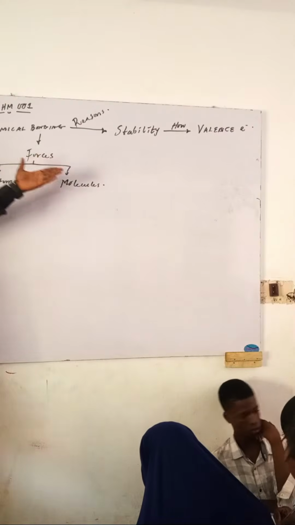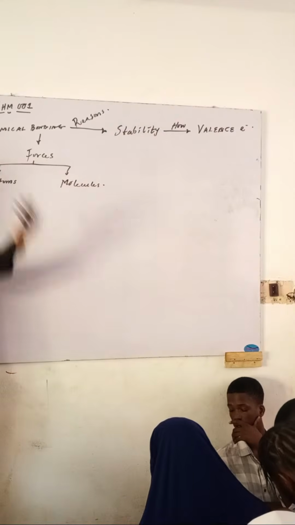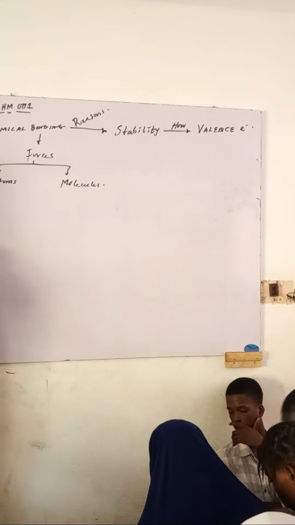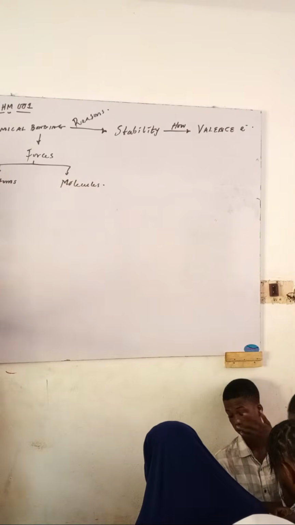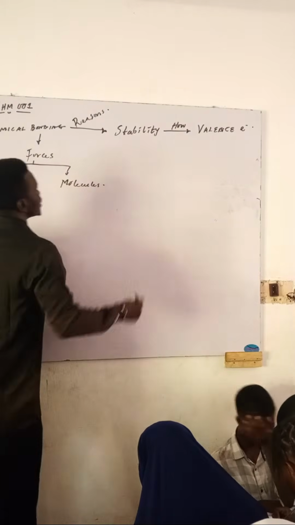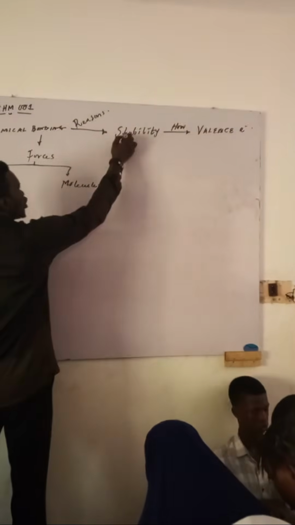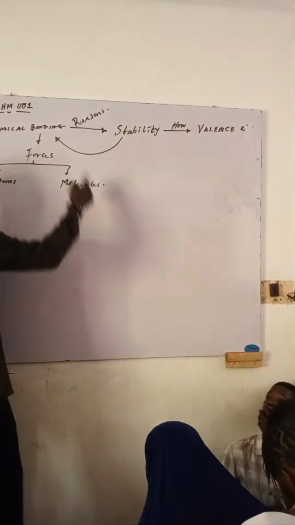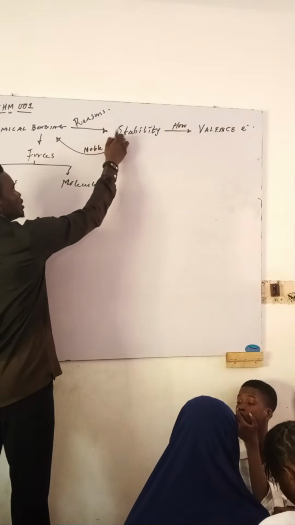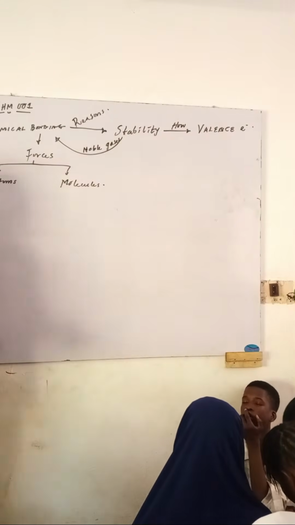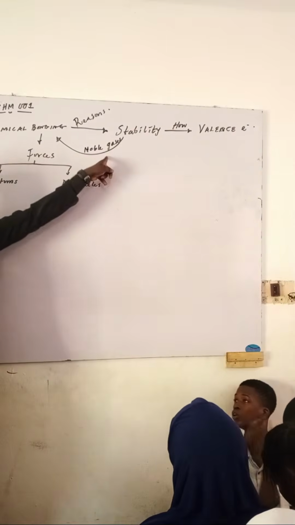Now, what are valence electrons? They are the electrons in the outermost shell of an atom. All these are what we have talked about in atomic structure, but I'm still going to talk about it again. So now, if these elements want to attain stability, who are they copying? Why do they want to attain stability? There are some elements called the noble gases. These elements do not undergo reactivity. So every other element wants to be like the noble gases.